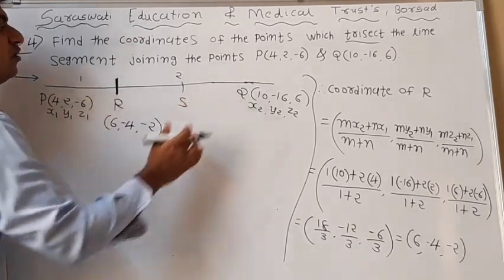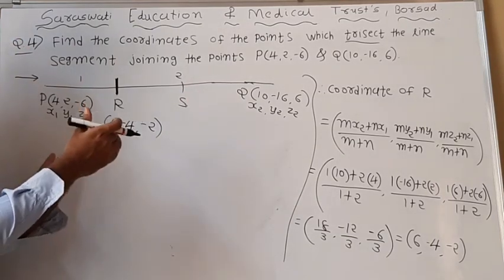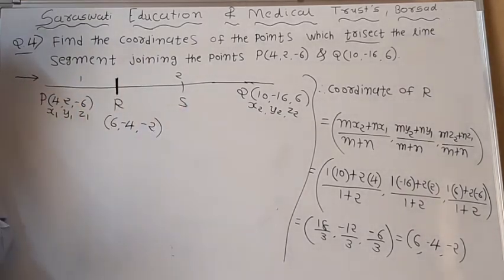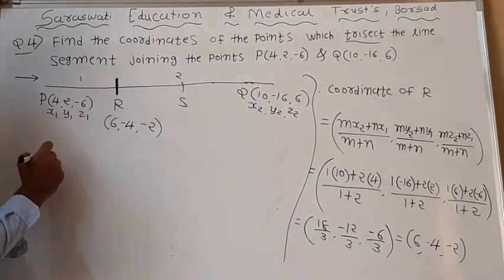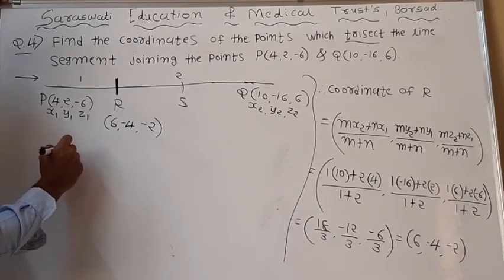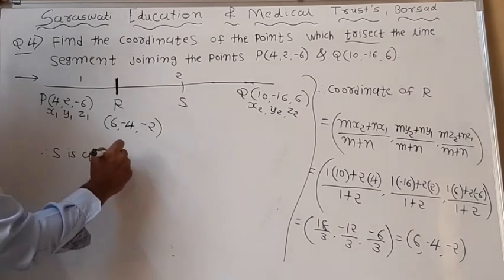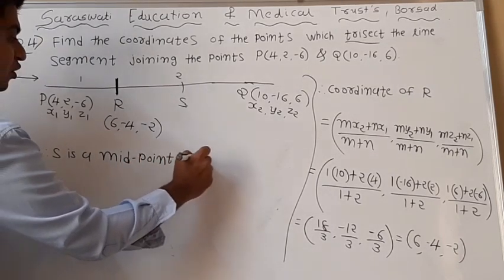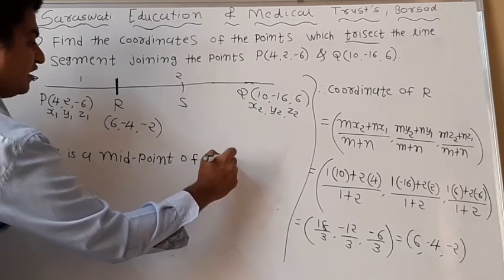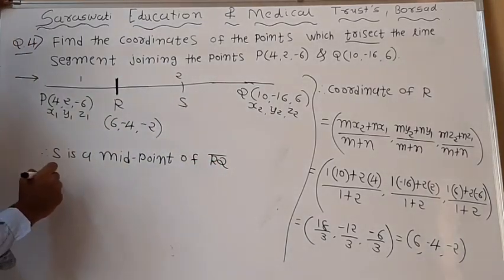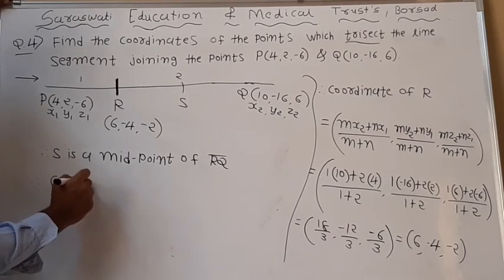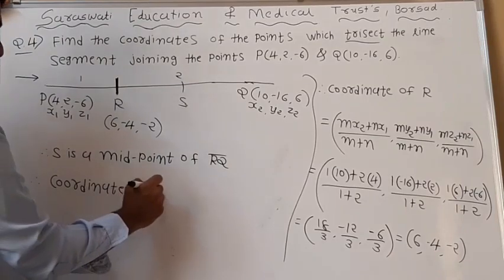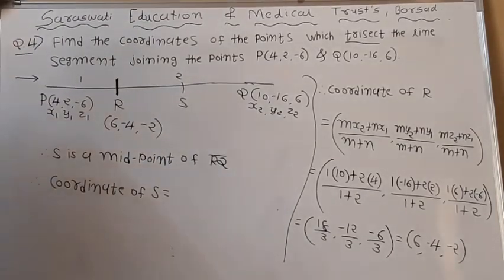S is the midpoint of RQ, so add both these numbers and divide by 2, and we get the coordinate of S. So using this method, S is the midpoint of line segment RQ. Therefore, the coordinate of S is equal to